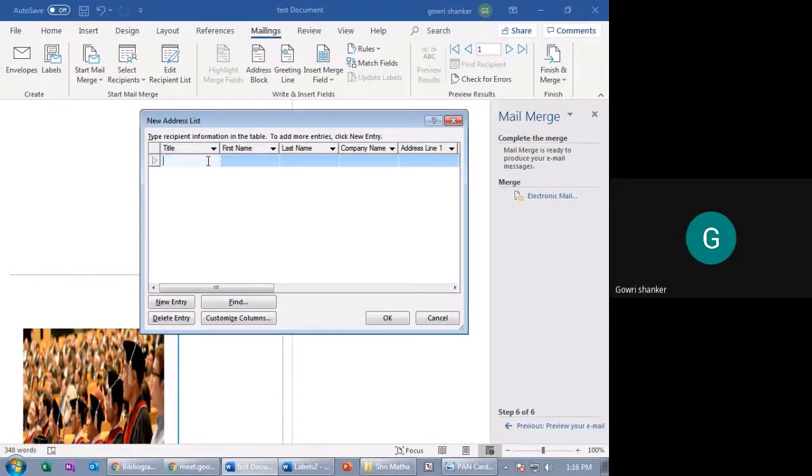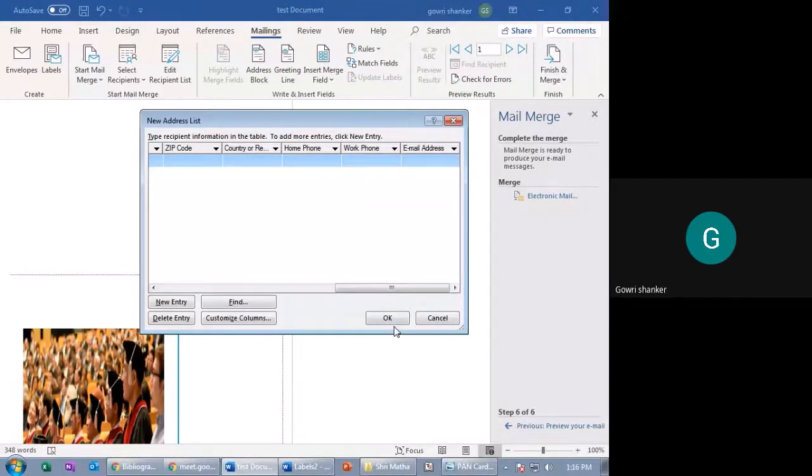For example, if I want to add Mr. Gauri, company name, address. So you can add a list of people's addresses, address 1, address 2. For example, if you're working for a company, you can add your employees' details, everything here. Home, phone, work, email address, everything you can add.